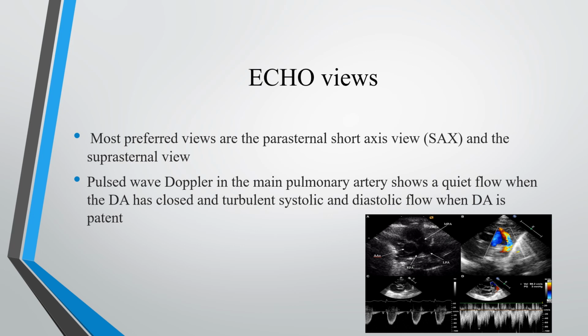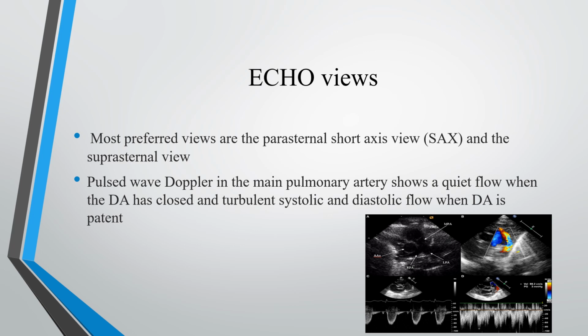The common echo views which we use in demonstrating PDA include the parasternal short axis view and the suprasternal view. Usually, the PDA flow velocity is less than 3 meters per second. Hence, we can use pulse wave Doppler. Pulse wave Doppler in the main pulmonary artery shows a quiet flow when the ductus arteriosus is closed, and it will show a turbulent systolic and diastolic flow in the pulmonary artery and its branches